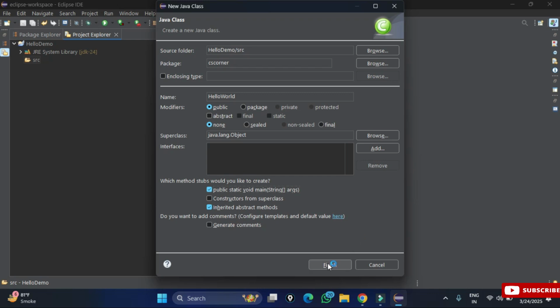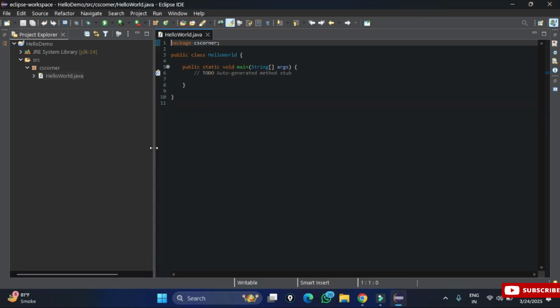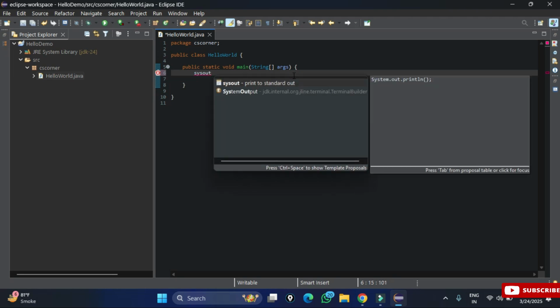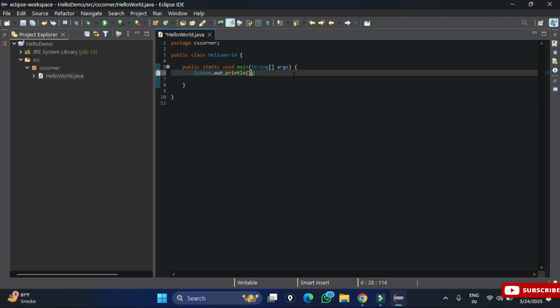And you can see my hello world.java file has been generated. Here you can see the first line showing the package name. Then we have a class name, and under that we have a public static void main method. Let me delete this comment, and here I'm going to type a simple statement. For that I'm writing sysout and pressing control space. You can see it has generated the line system.out.println. This is the line which we use in Java for printing any statement on the console. In this, I will simply type thanks for watching. So my code is done.